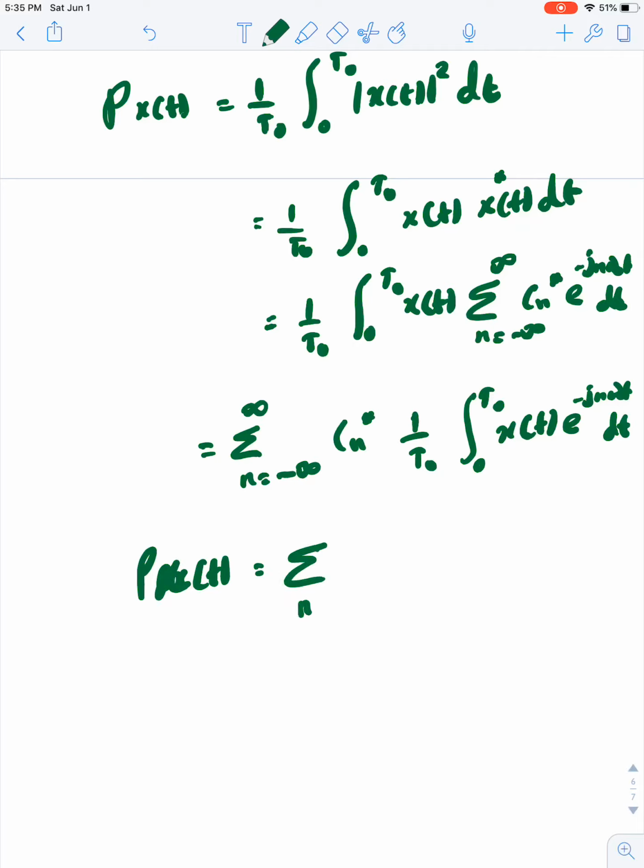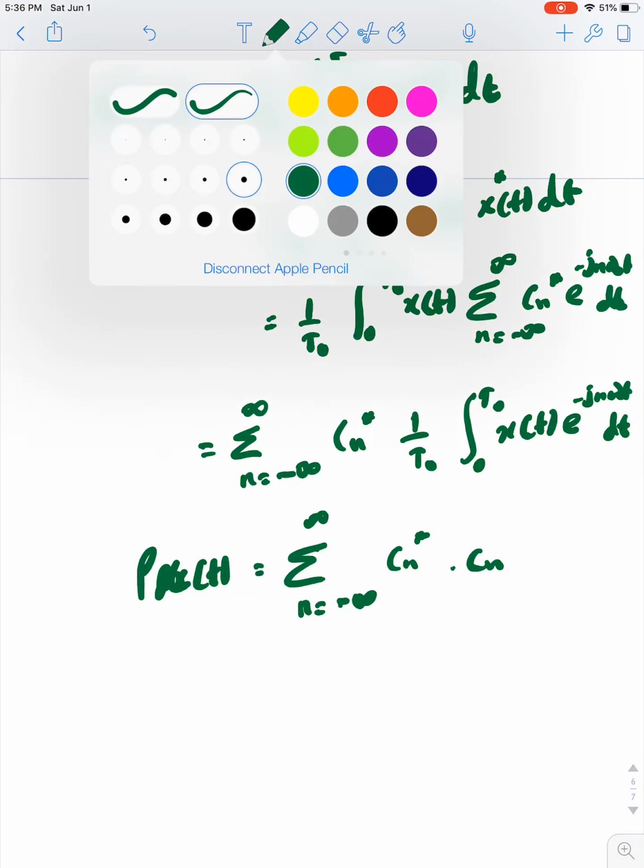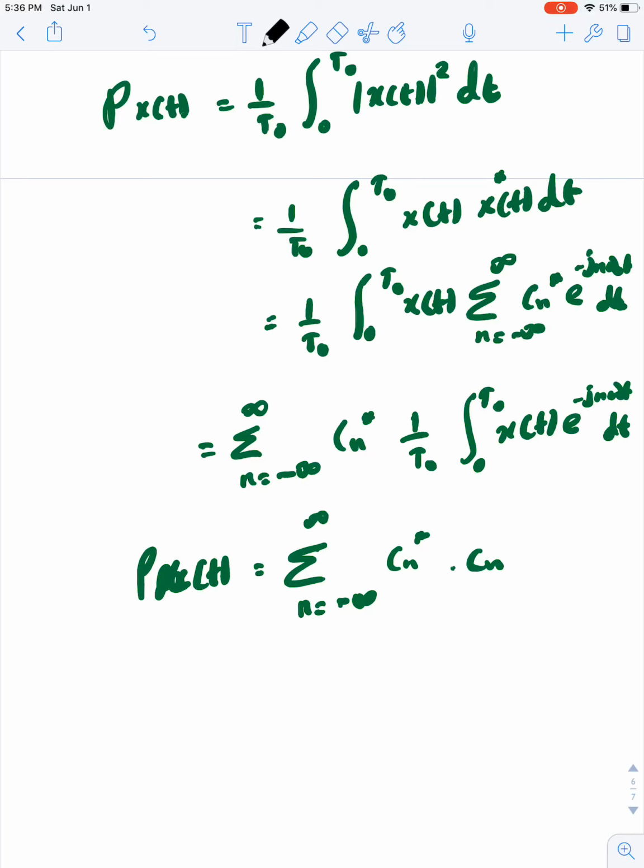And from here we can write Cn conjugate multiplied by Cn equal to mod Cn square. So average power of signal x(t) is equal to summation n equal to minus infinity to infinity mod Cn whole square. So we have proved Parseval's power theorem, and in the next presentation we will solve one example of